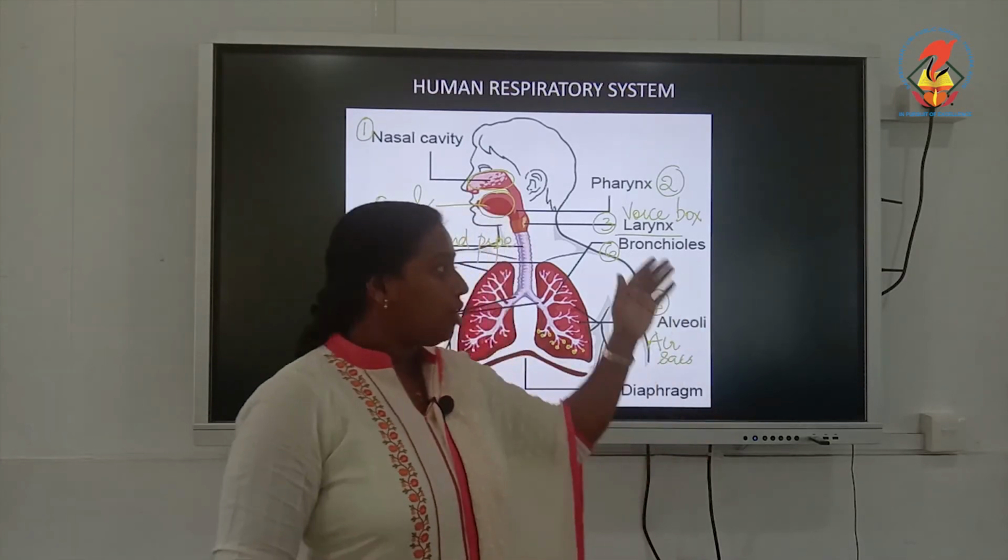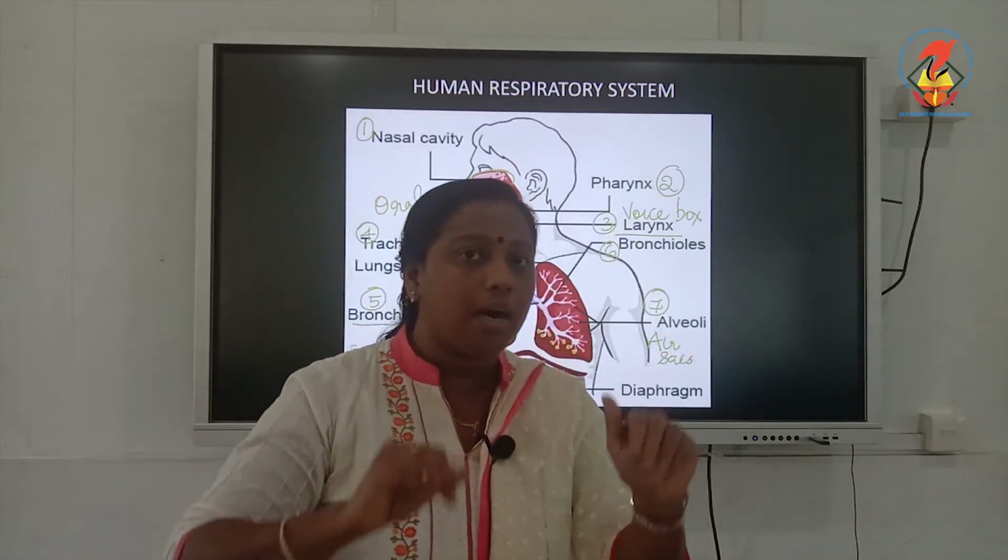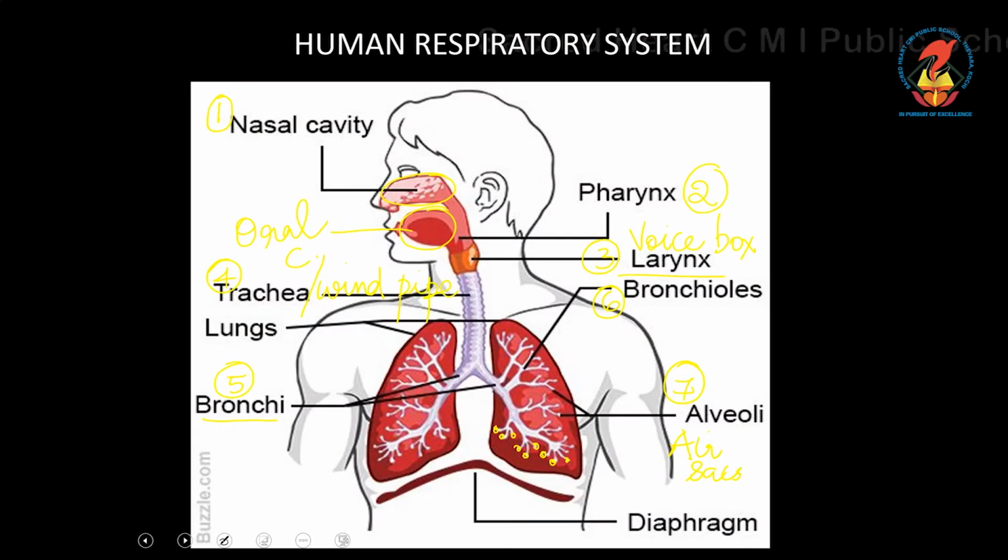Okay, so hope your respiratory system is clear. Your respiratory system is composed of 7 parts. We will tell it once more. The first part starts with the nostril. The nostril will go and enter into the nasal cavity. From there it reaches the pharynx. The next part of your respiratory system is the larynx or the voice box. From there a small tube will be starting. You call the tube a windpipe or your trachea.